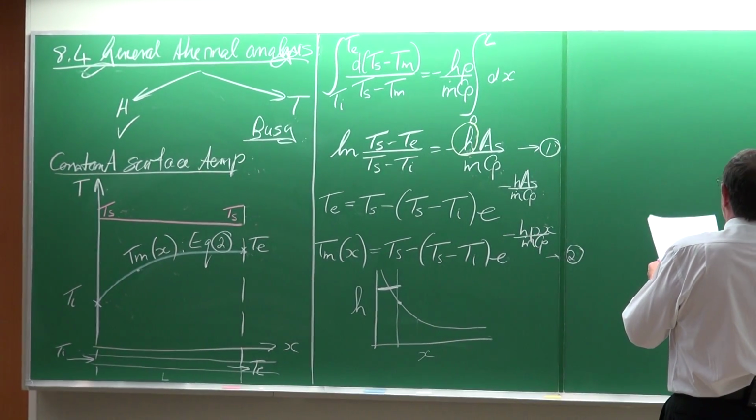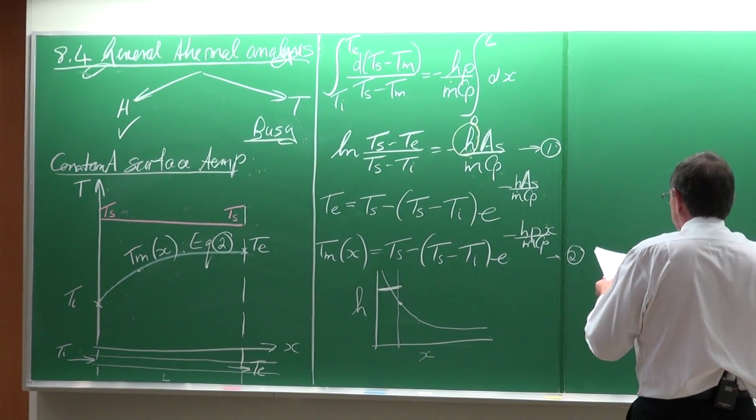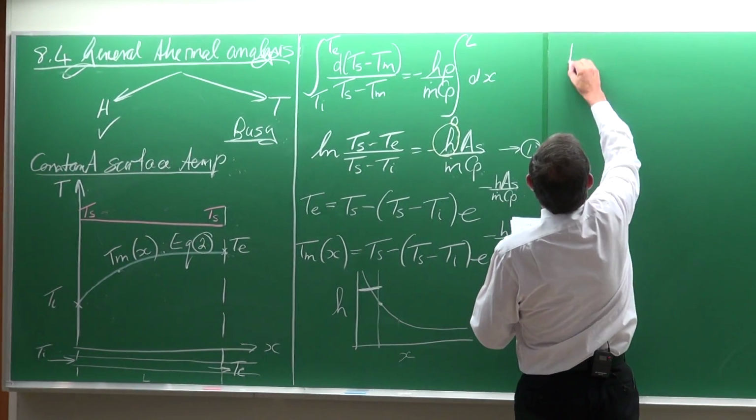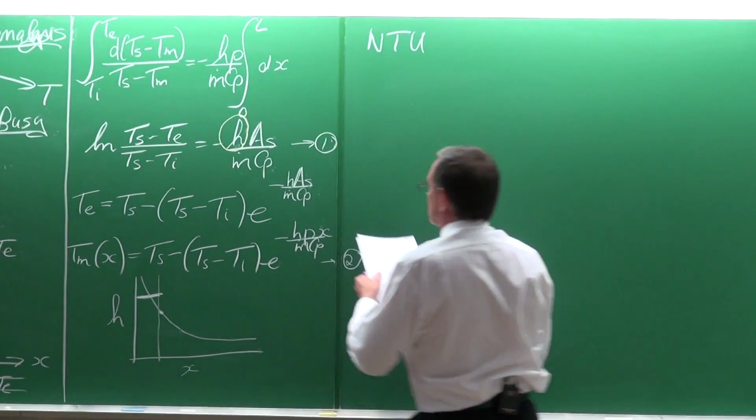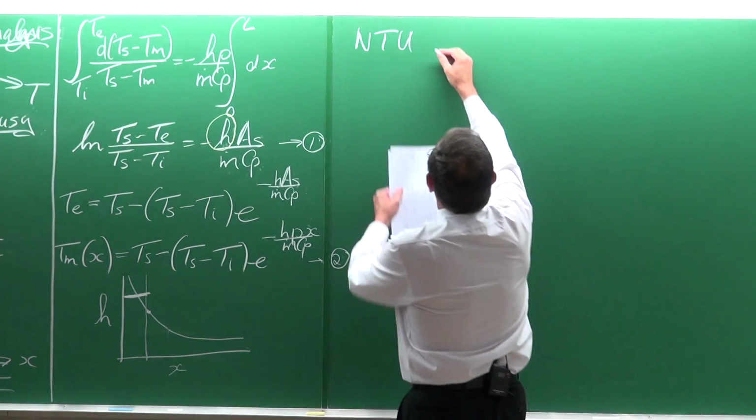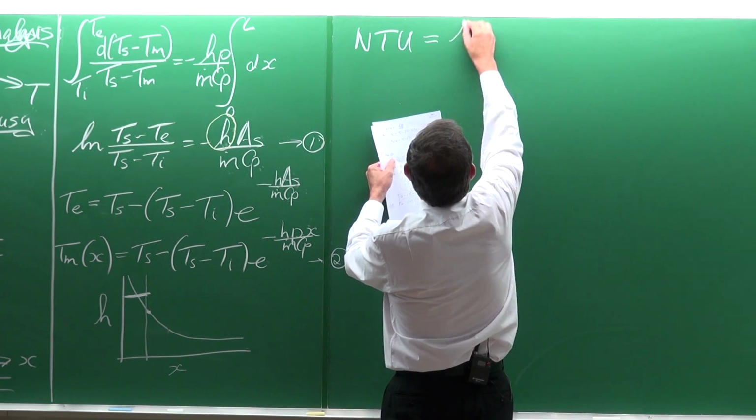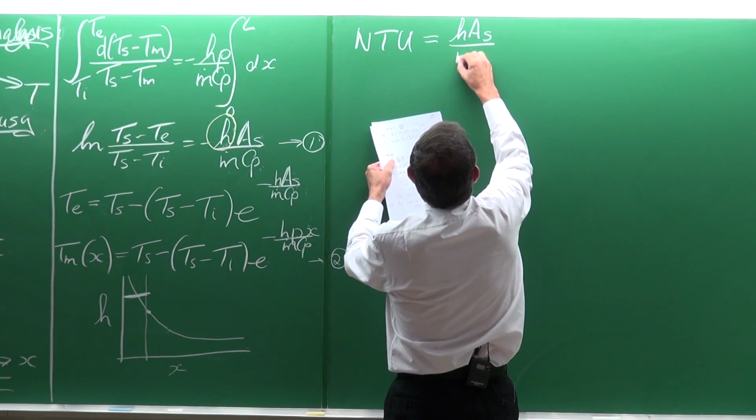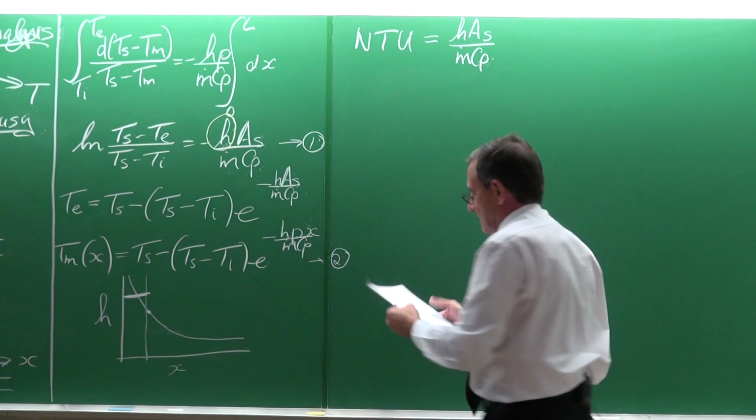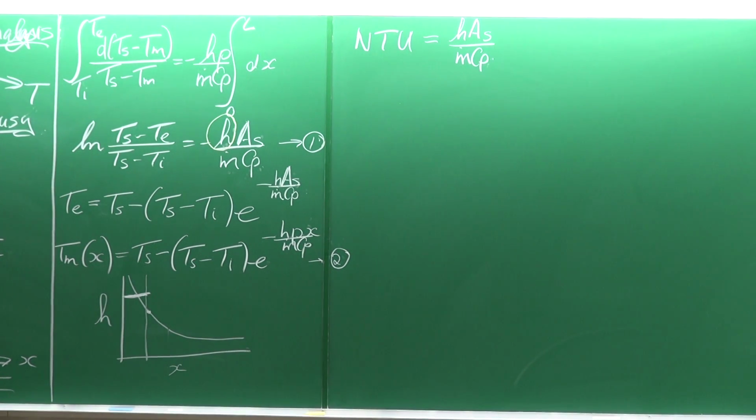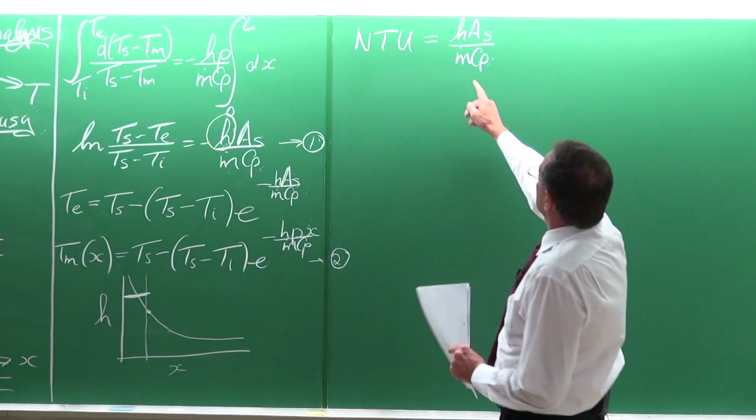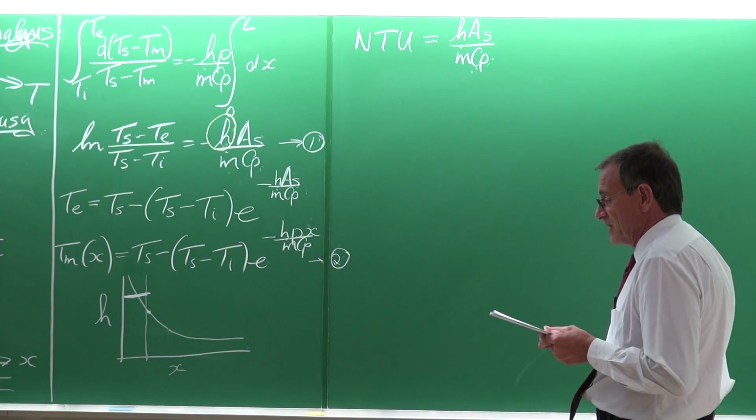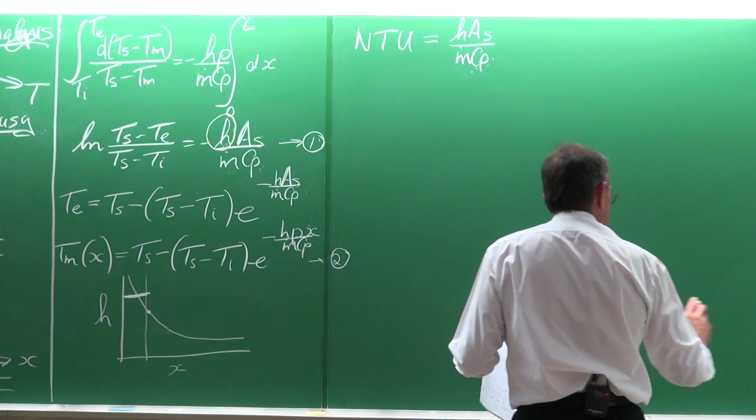This term is known as the NTU, the number of transfer units. So the number of transfer units in general is equal to the transfer coefficient multiplied by the surface area divided by the mass flow rate and the Cp. And I'm going to come back to that a little bit later about the importance of that equation. But for the moment, if we now